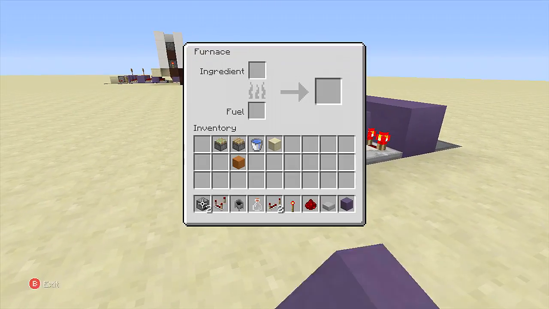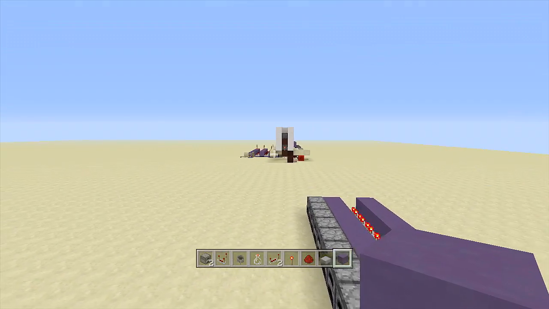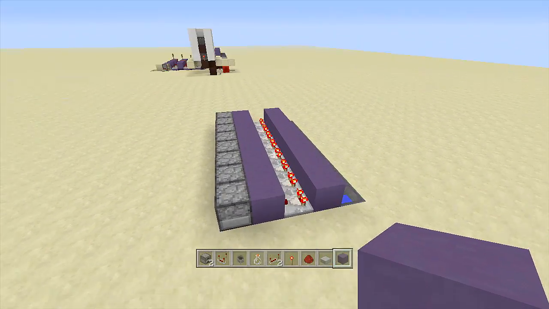And now all of our furnaces are buttons. So if you go inside your furnace and click on any one of these boxes, it will activate the cauldron back there. As you can see, it's turning on and off. So now we have buttons for furnaces. So now what we have to do is hook up our combination lock to a door,